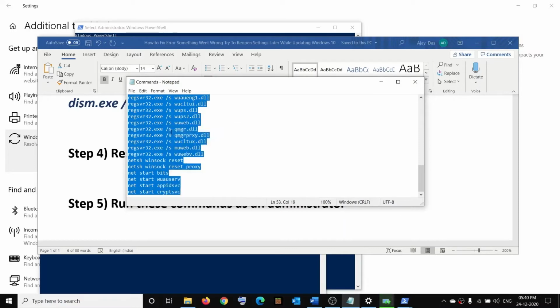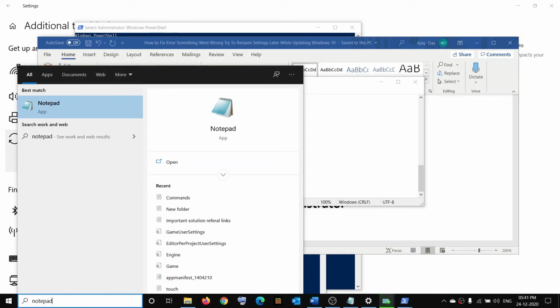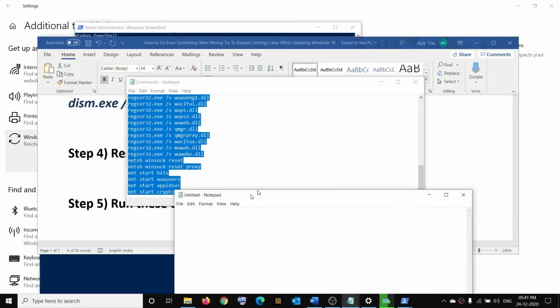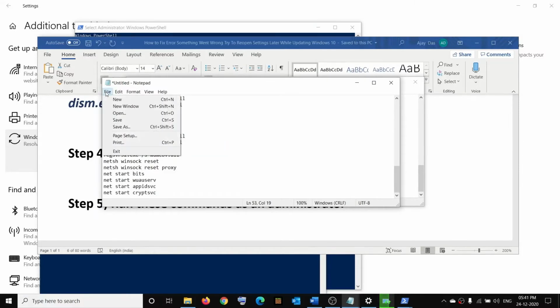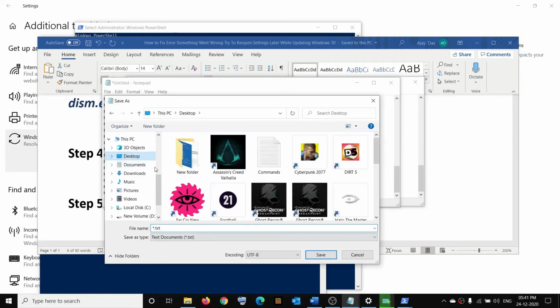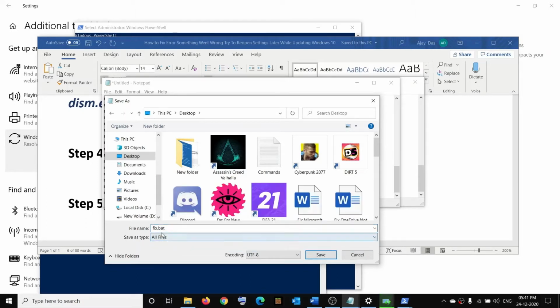Copy this command and then open a notepad, and then paste the command in the notepad, and then click on file, then click on save as, select desktop, and here you can go ahead and type in fix.bat, and for save as type, select all files and make sure that you name it as fix.bat, and then